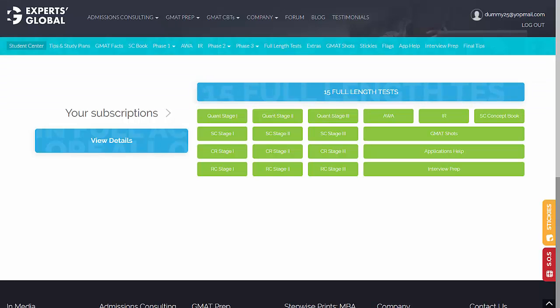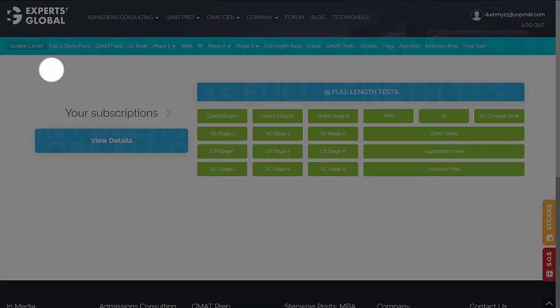While using the software, you just need to follow the order in which things have been arranged, left to right and top to bottom. We have tried our best that when you complete something, the next logical step should be in front of your eyes, and therefore you will find that this platform intuitively guides you through your preparation. So the first thing you should do after you complete watching this video is to come to this tab, Tips